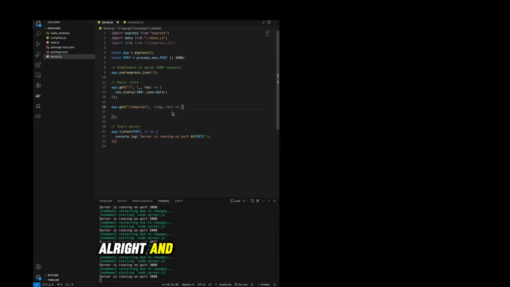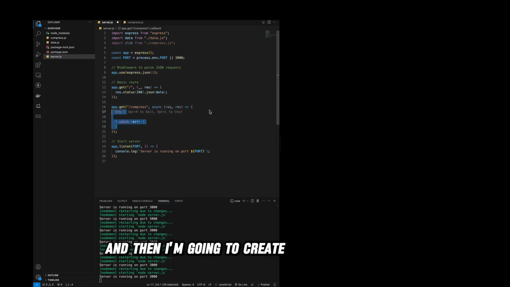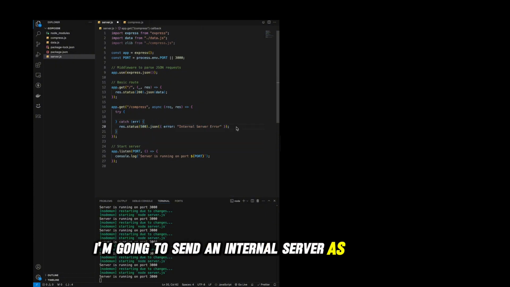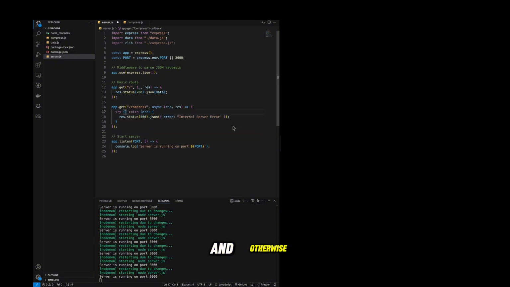All right. And this is going to be an async function because again, we need to compress the data. So I'll put the async keyword in the callback function. And then I'm going to create a try catch block. And wherever there's an error, I'm going to send an internal server error response. And otherwise,